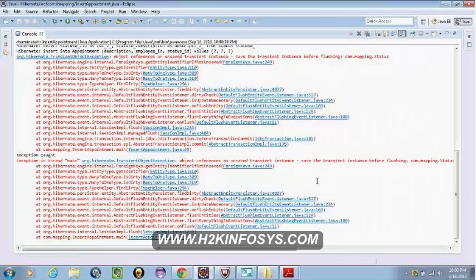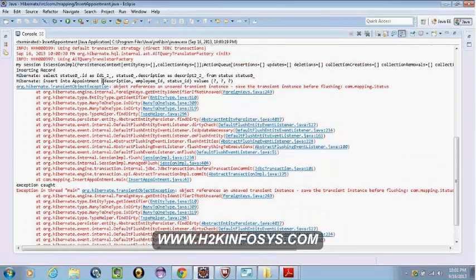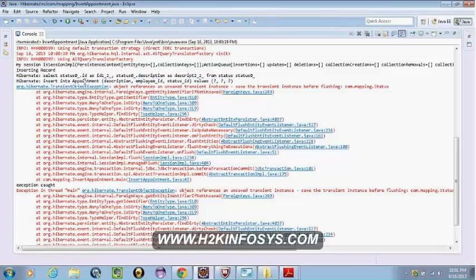But if I say cascade is equal to all, which means, what did I do? Here, folks, see, there was only one insert query. Hibernate was not doing the other insert.